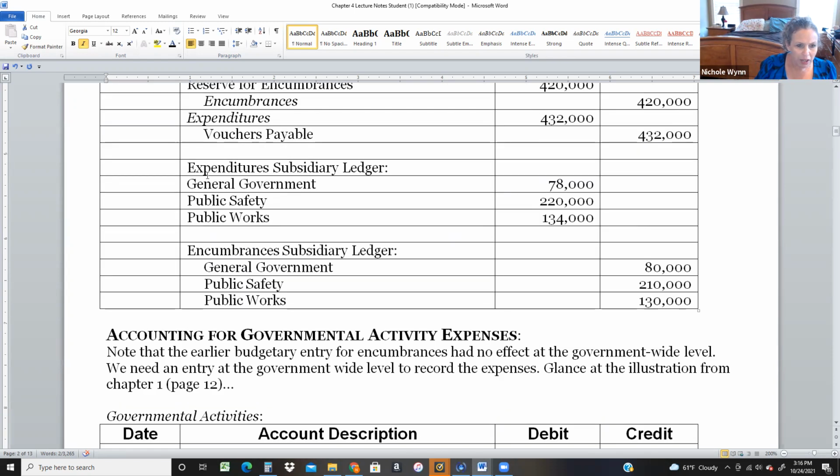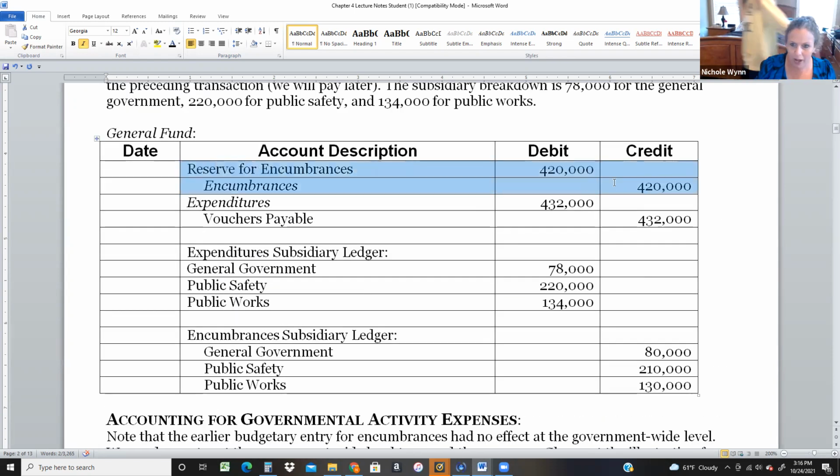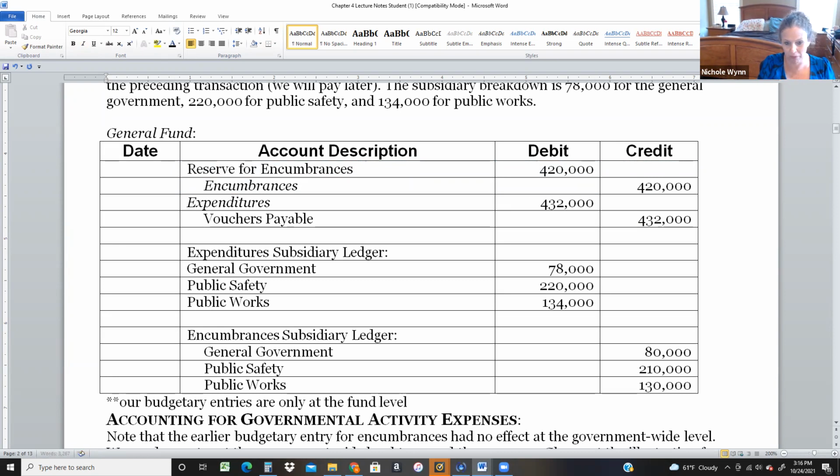So here, we're going to keep in mind that budgetary entries are always recorded at only the fund level. So our budgetary entries, and you can write that down if that helps you. Our budgetary entries are only at the fund level. You do not record budget entries for government-wide financial statements, okay? So the government-wide entries, the governmental activities do not need an entry for the budgetary entry, but they do need